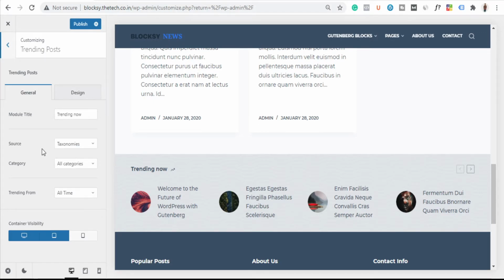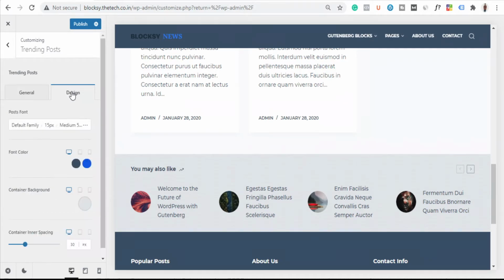So if you want to keep it, it's fine. Now, to edit this, first let's edit the title. Instead of "trending now", I want to keep "you may also like". Okay, and now if I go to the design part here,